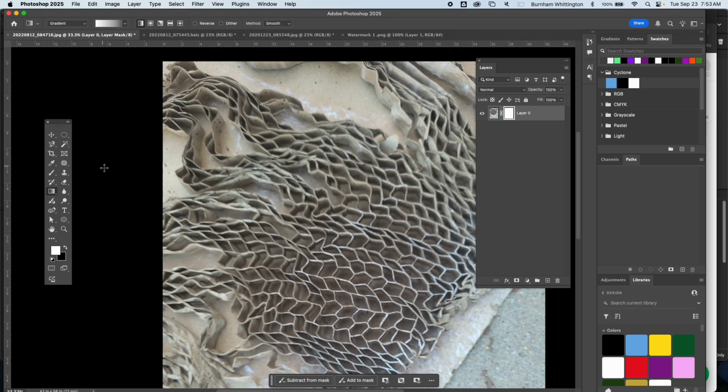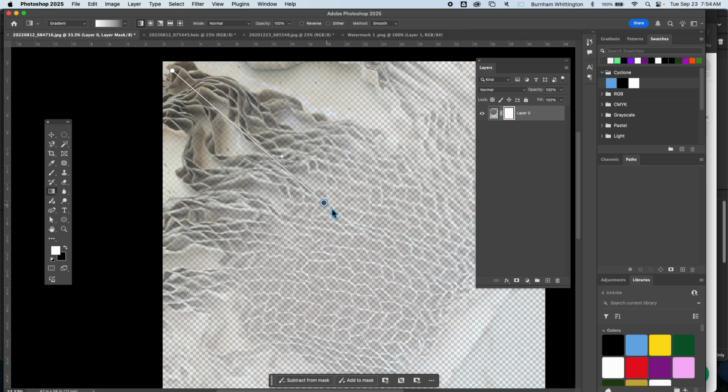Okay, so then I'm just going to go to the gradient tool. It's important that once you select the gradient tool, you make sure the gradient works on the basis of black and white. Black and white are stand-ins for none or some or whatever. Okay, so now once I have my black and white gradient, I'm just going to click and drag across it,